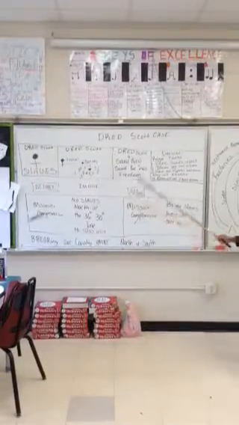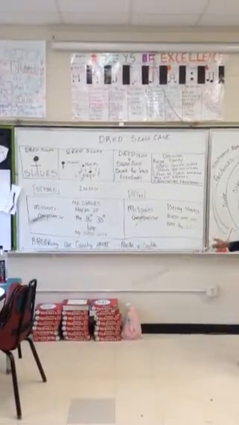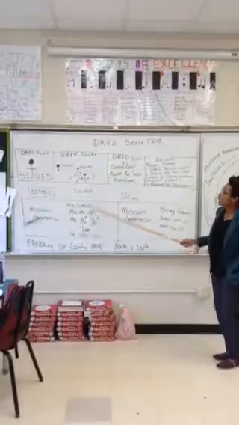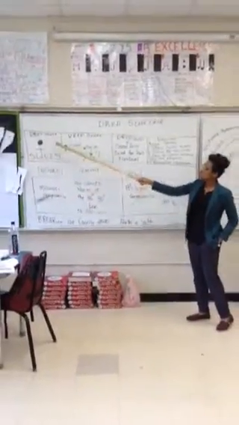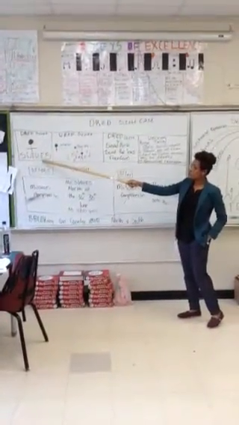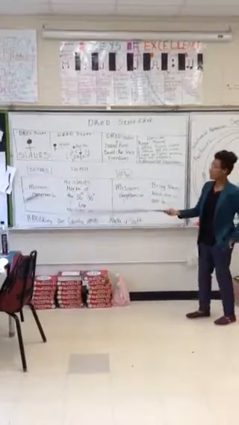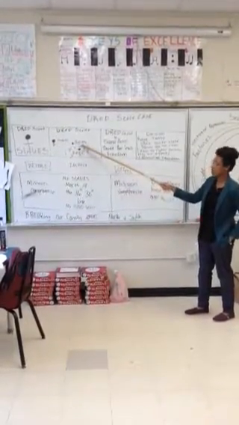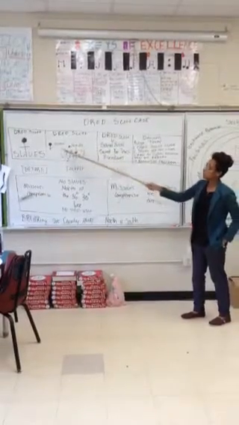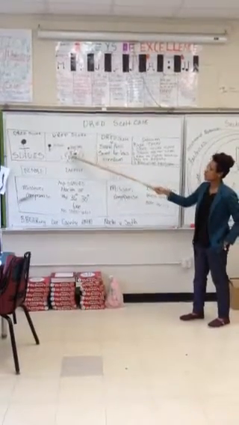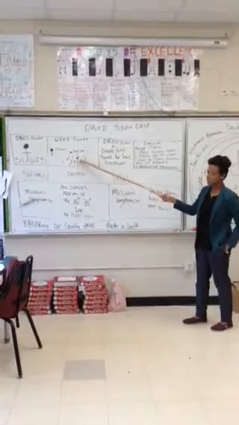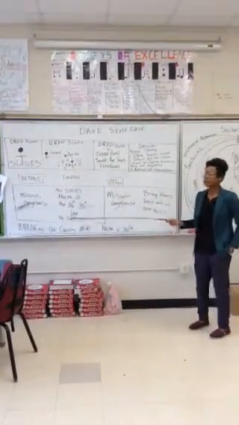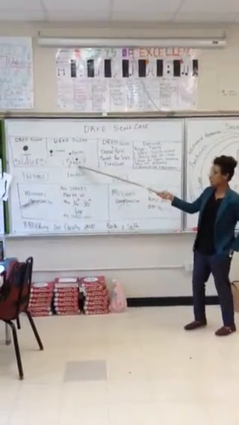Okay, so today we'll be looking at the Dred Scott case. So who is Dred Scott? Looking at our timeline here, we see Dred Scott is going to be a slave. So we know if he's a slave, that means he has no rights. But here Dred Scott is going to travel to the north with his master. And he's going to argue because he touched northern soil, is he considered free? What do you think? Is it right that since he touches this soil, he's now considered free?